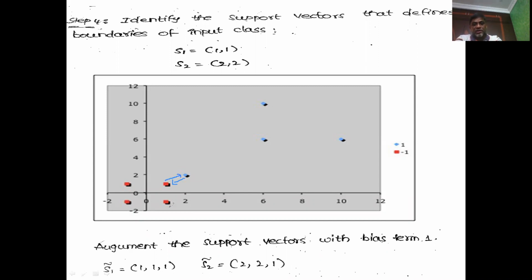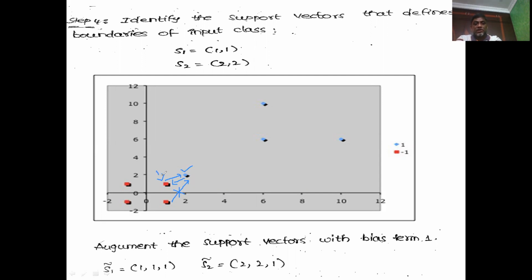You might ask me a doubt here. What about this point? Of course, they are at same position, but if you look at the distance from the other class, this is larger. So we will pick only the closest point. If this might have been here and the distance is same, then we must have picked both values as support vectors. But this is not going to be a support vector because it has a large space here. So this and this act as support vectors. We have two support vectors only.